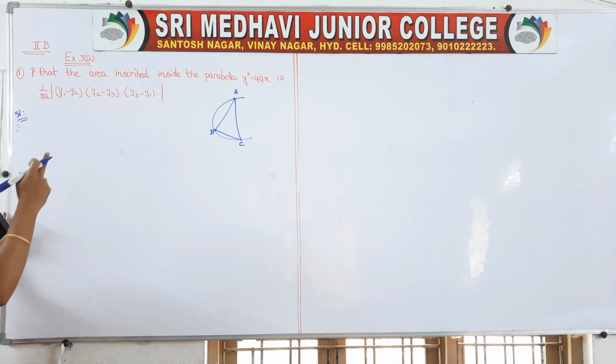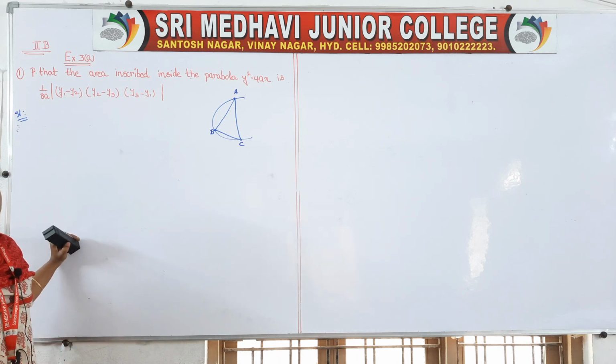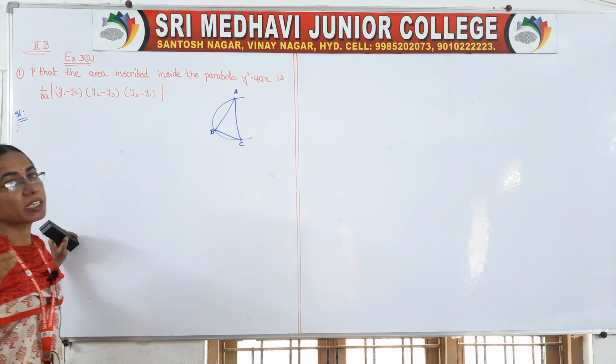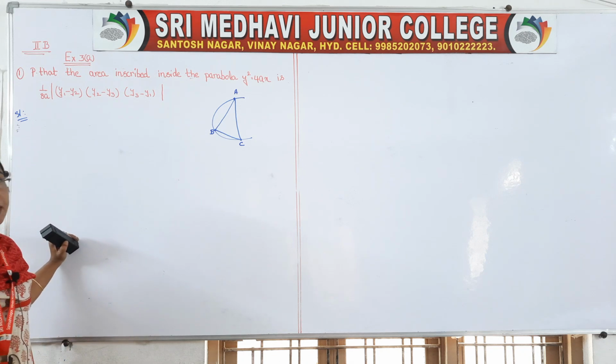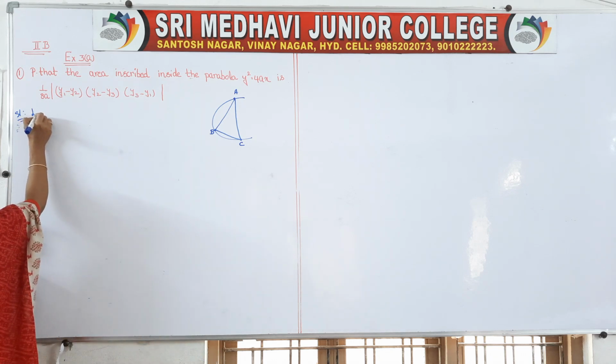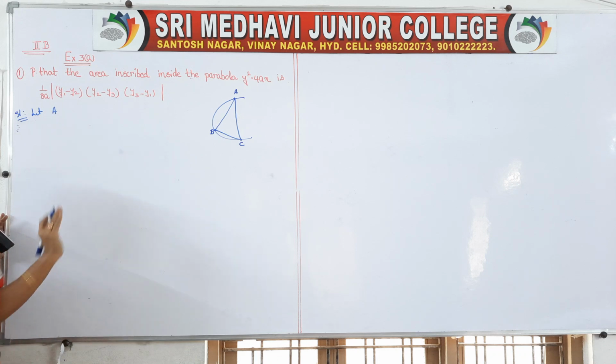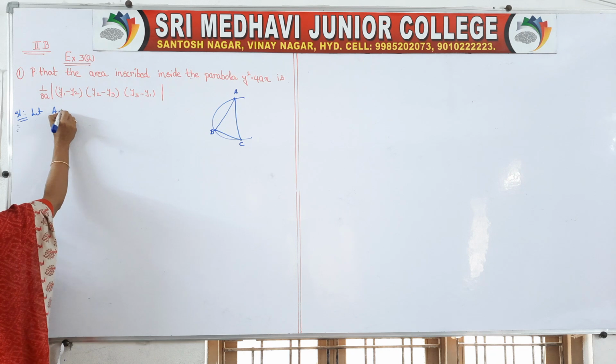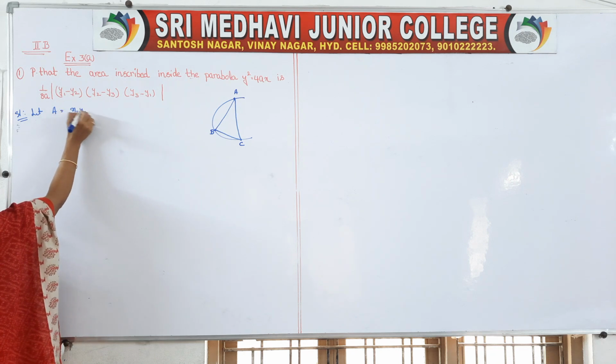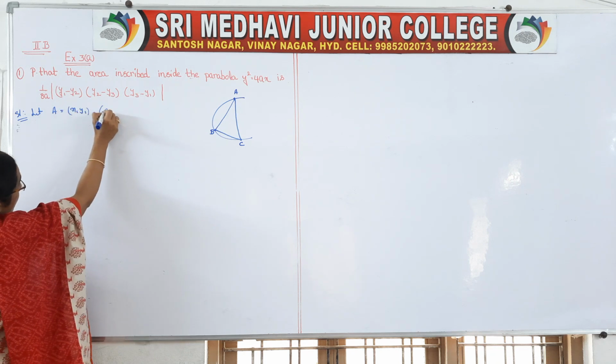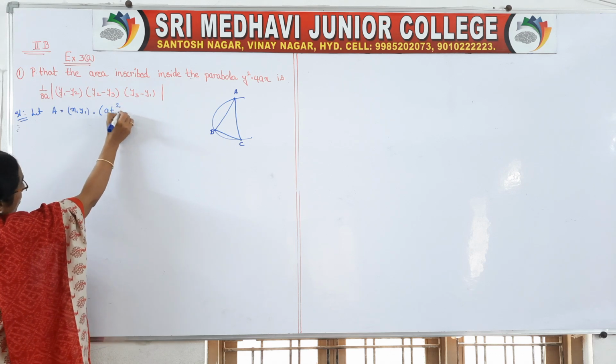You consider 3 vertices of the parabola in parametric equation form. In a parabola, the parametric equations are x is equal to at square and y is equal to 2at. They are called parametric equations with respect to the parabola. So we will take 3 vertices, not in a general form, we will take them in parametric form, right? So A is equal to x1 y1. We have taken that as parametric form.